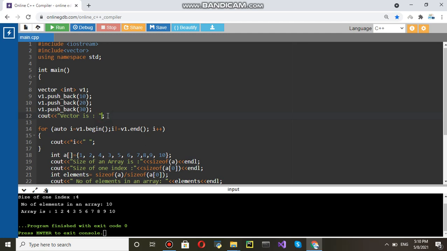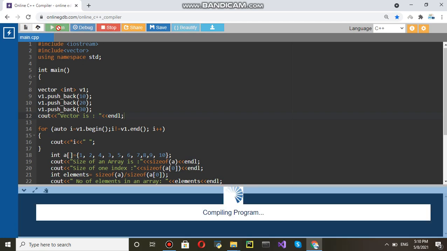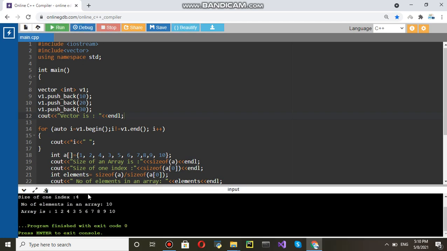Here we can put endl and run once again for better visibility. Now you can see vector is 10, 20, 30. And after that the size of array is coming.